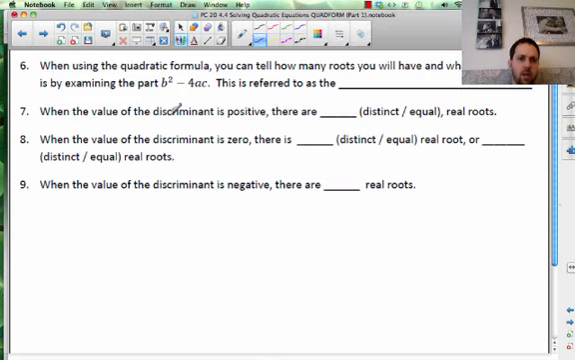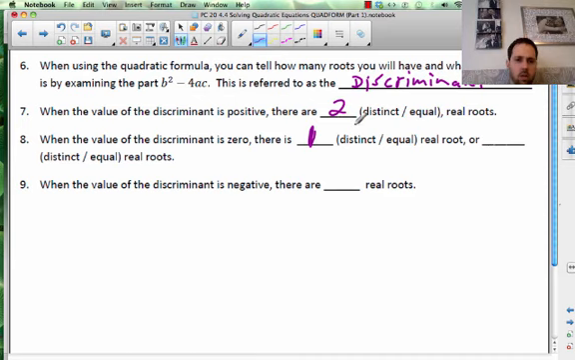Alright, so right here, when using the quadratic formula, you can tell how many roots you will have and what their nature is by examining the part under the root sign. This is referred to as the discriminant. When the value of the discriminant is positive, there are blank, distinct, and equal real roots. That would be 2. When the value of the discriminant is 0, there is 1 distinct real root,